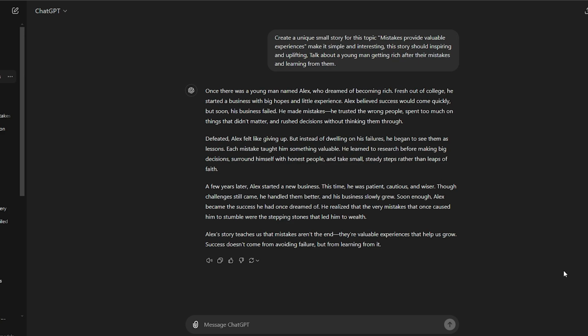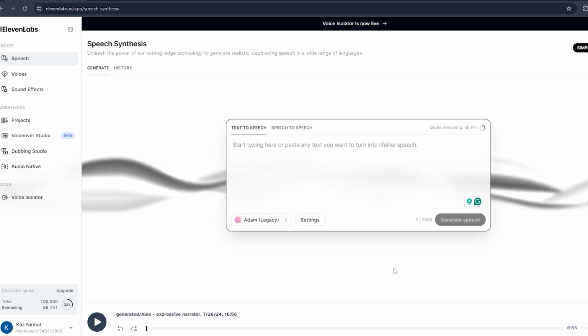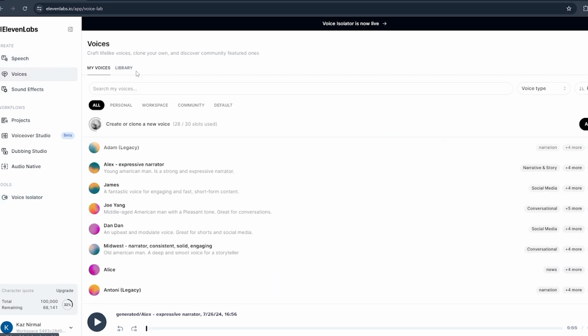Now, the next step is to generate voiceovers. For this example, I'm going to use 11 Labs. When selecting the voice for your videos, use the same voice for all videos on your channel. Therefore, you need to select a good voice for it. Especially this voice should be inspiring. Go to the voices and select Voice Library.